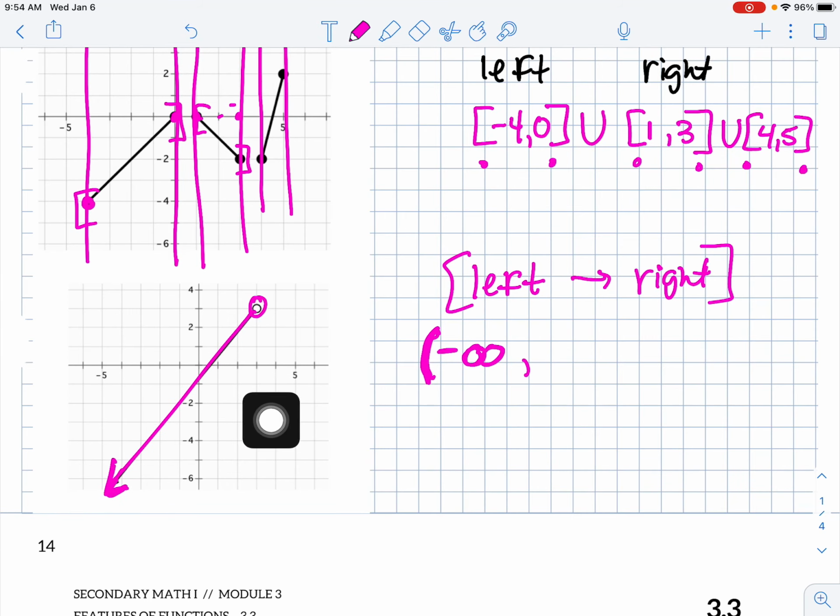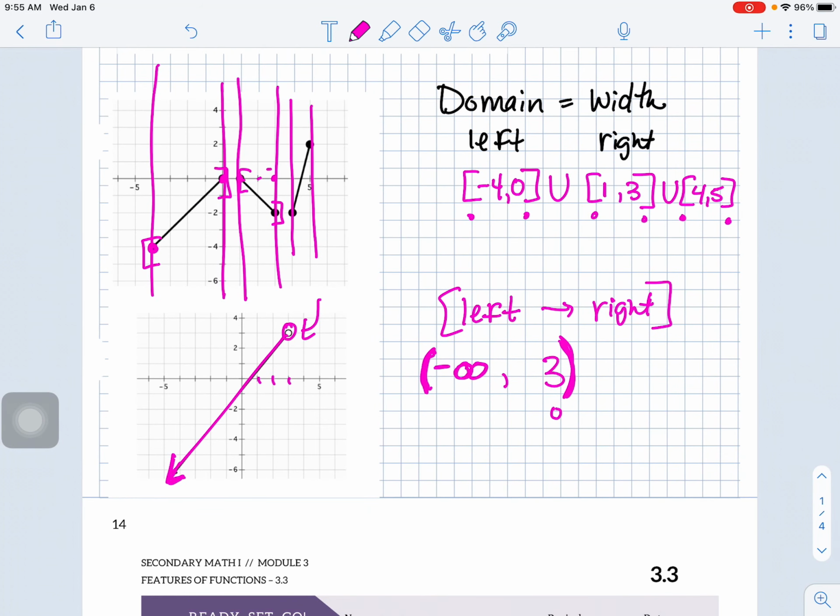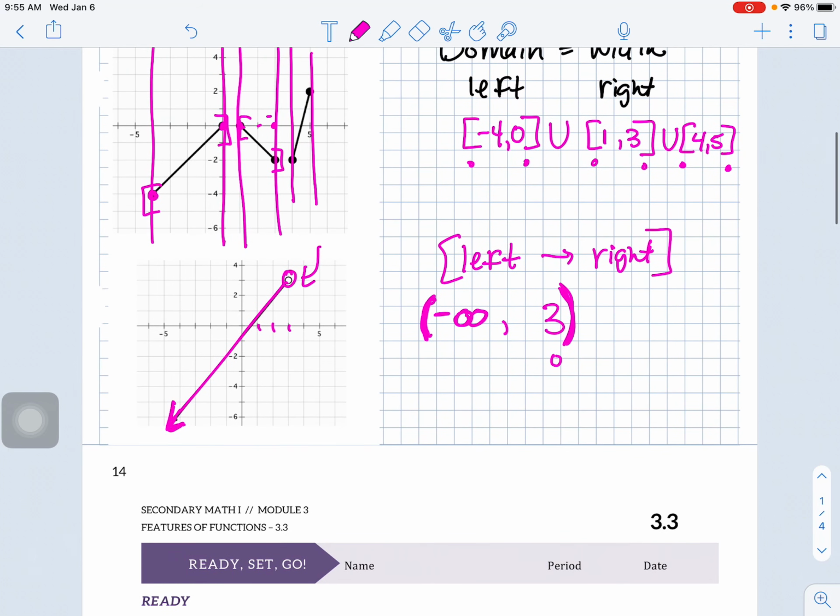And then the rightmost point stops right here at 3. But at that point, if you can see, they have an open circle, which means it goes all the way up to 3, super, super close, 2.9999999, but not actually 3. So I'm going to use a parenthesis for this also because this was an open circle, meaning it was a boundary, but not actually included. You can get really close to 3, but not actually touch 3. So those are 2 examples of how to write the domain in interval notation. And I hope it helps you finish the